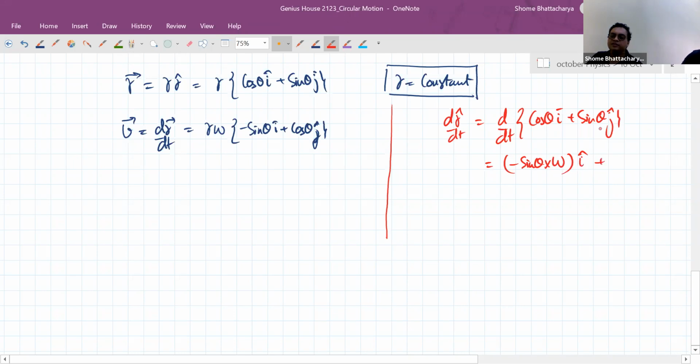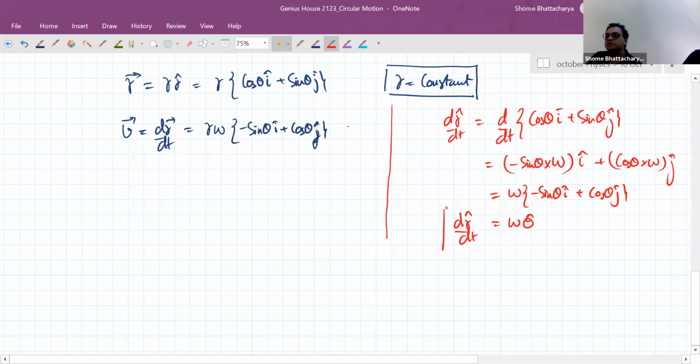And similarly, the derivative of sin theta is cos theta, but into d theta by dt, that becomes omega. So we have this universal principle now. It not only applies in this derivation, but in general, if we are differentiating r cap with respect to time, we'll get omega into minus sin theta i cap plus cos theta j cap. Okay, and that is nothing but, if you see, omega theta cap. So it's a very interesting fact that the rate of change of r cap with respect to time is actually nothing but omega theta cap. And this is something that we can also show geometrically.